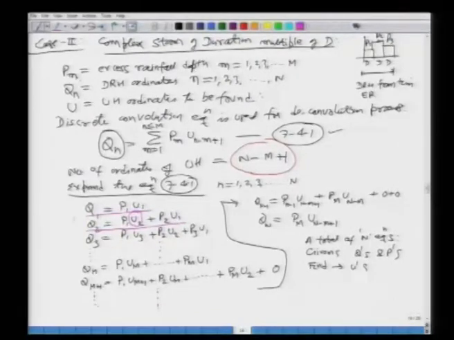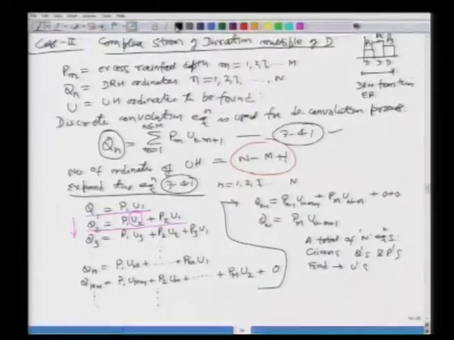And then what we do is we keep on marching ahead using these equations. Next equation we can calculate u3, next equation we can calculate u4, and so on, until we are able to calculate all the ordinates of the unit hydrograph. So, this is what is called the method of successive substitution, in which you just start from the top, calculate one ordinate, calculate the next ordinate, and so on of your unit hydrograph. So, this is a very simple method. However, there are problems with this. Can anybody think of some problems?